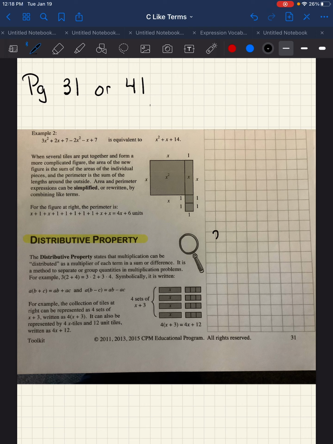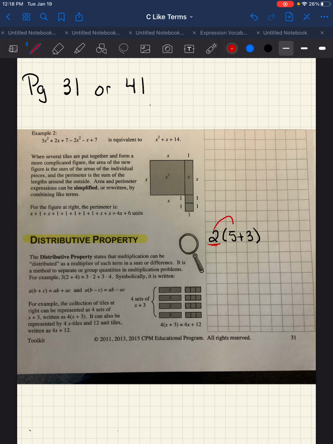First, I'm going to just use numbers. So if I have 2 times (5 plus 3). Now, using order of operations, I could add the 5 and the 3 and then multiply it by 2. That would work. 5 plus 3 is 8, and 8 times 2 is 16. Keep that in mind. But distributive property says that I can write this using the 2 as the multiplier, and